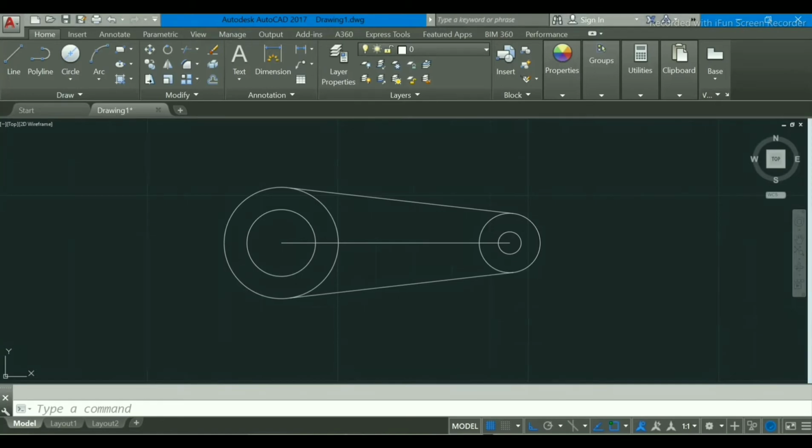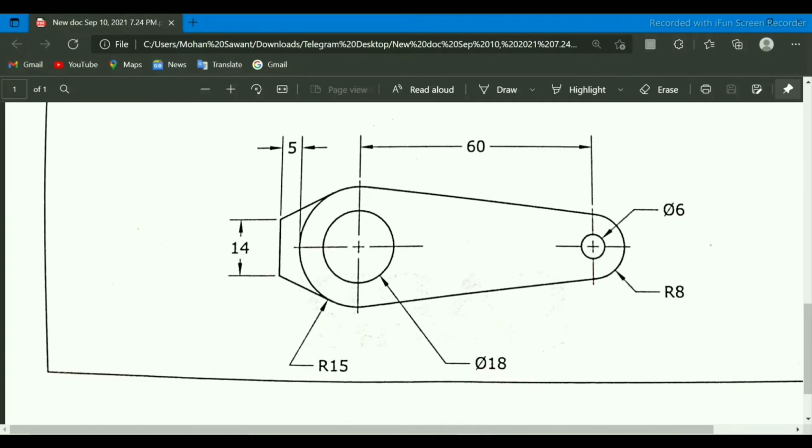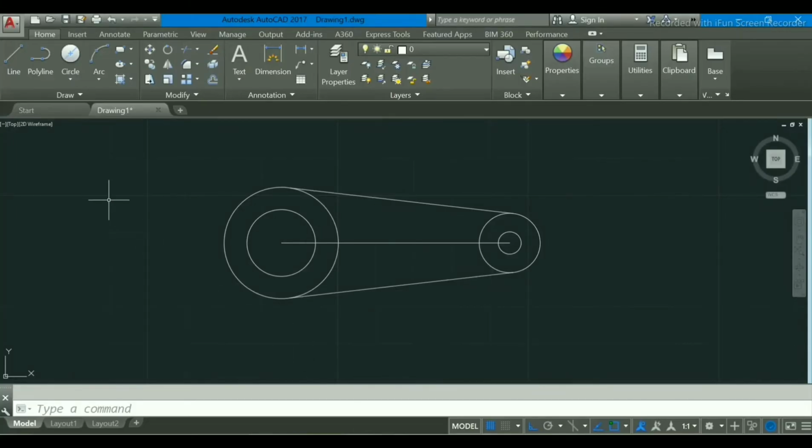In our drawing, you can see there is another part, that is 14 mm in length and 50 mm in width. So I will go again and make this. Press line, enter. Select this point or endpoint of this circle and make 5 mm.